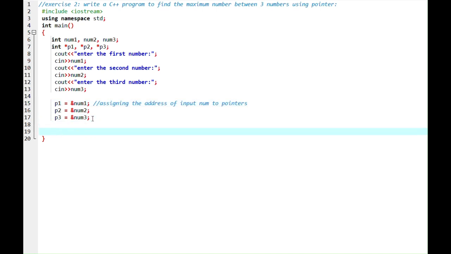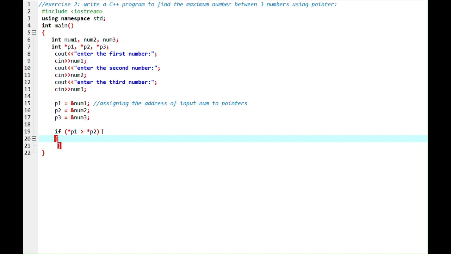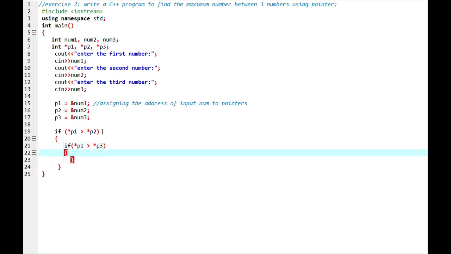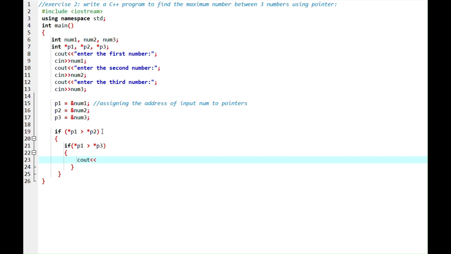Now let's use the if statement to find the maximum number. If *p1 is greater than *p2, open the braces, and if *p1 is greater than *p3, also open the braces and cout "The largest number is" *p1,